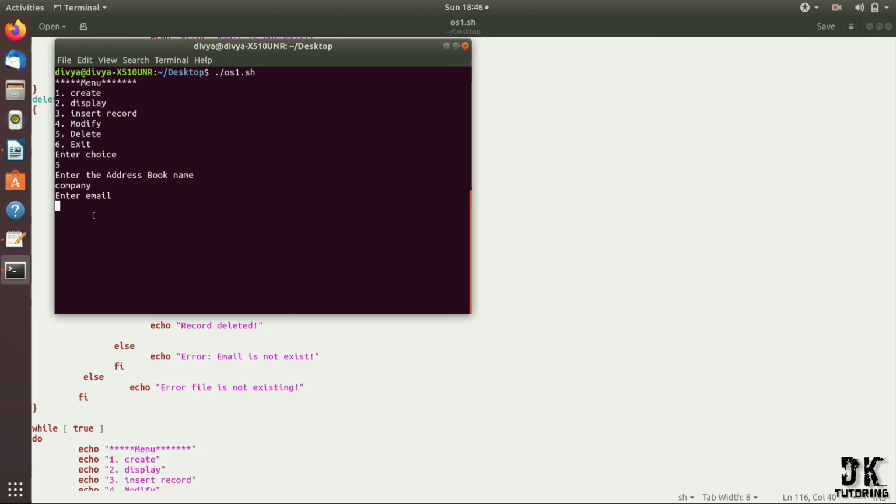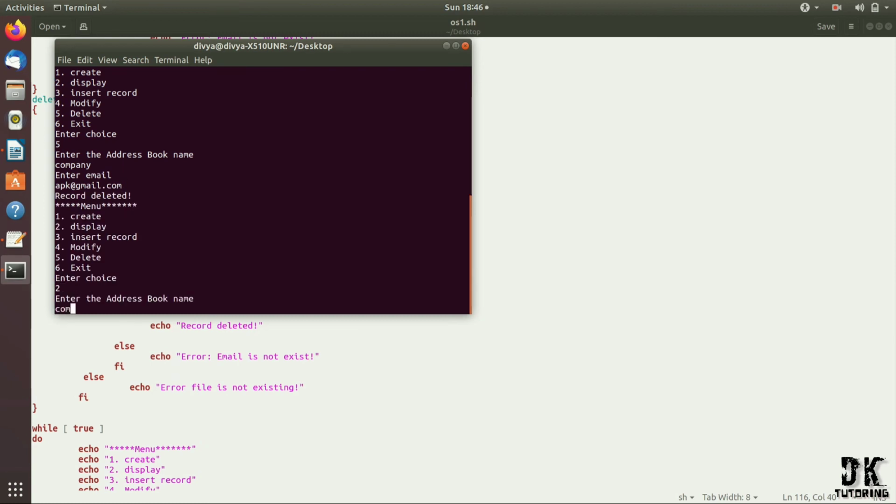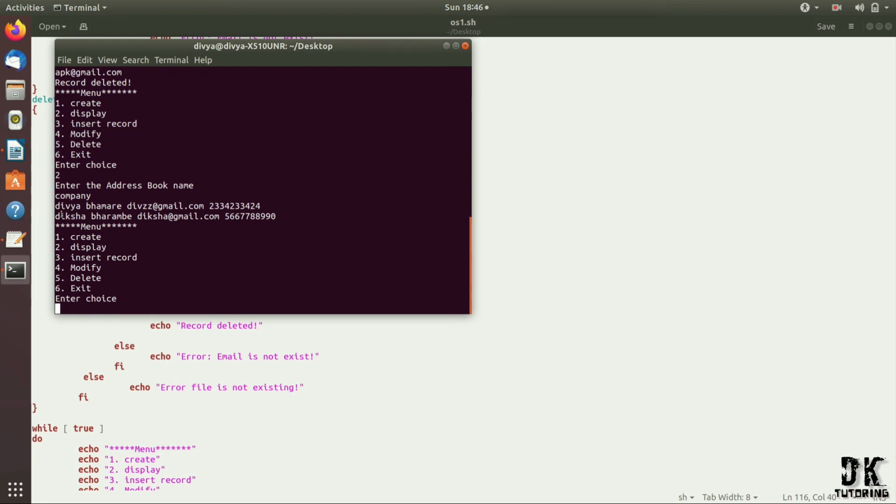Enter email. I want to delete the apk record there. gmail.com, record deleted. Okay, let's check. The record is deleted and the blank line is also deleted.